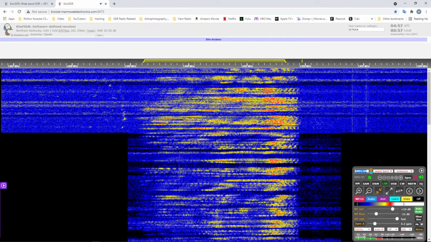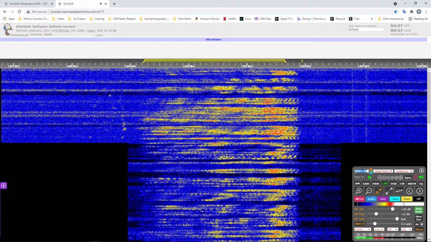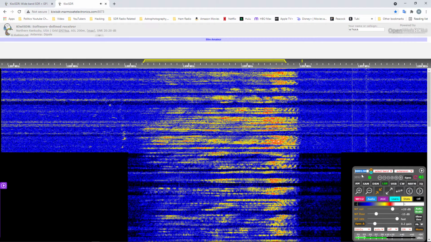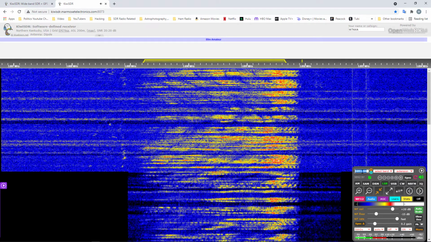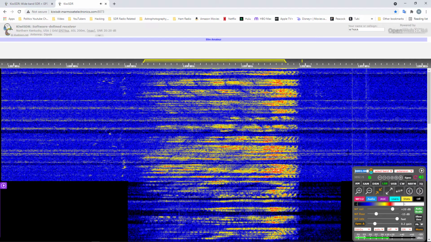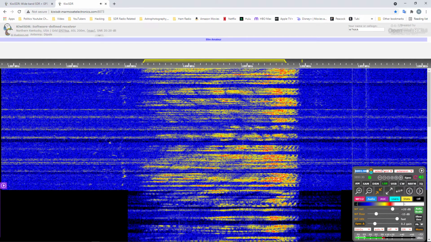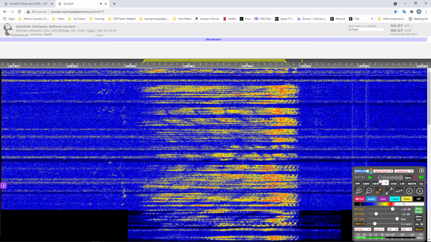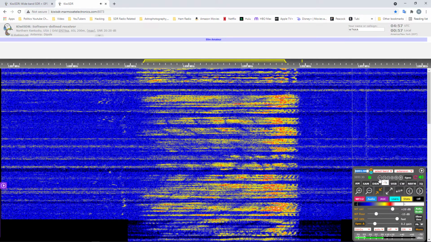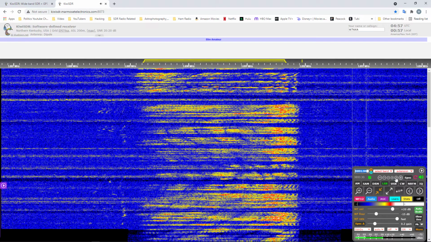Or my modem. So typing into the search bar is one way to tune to a particular band or frequency that you're interested in. Also, you can fine tune using these buttons.